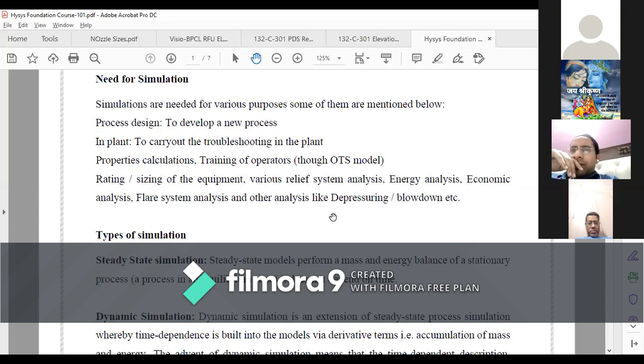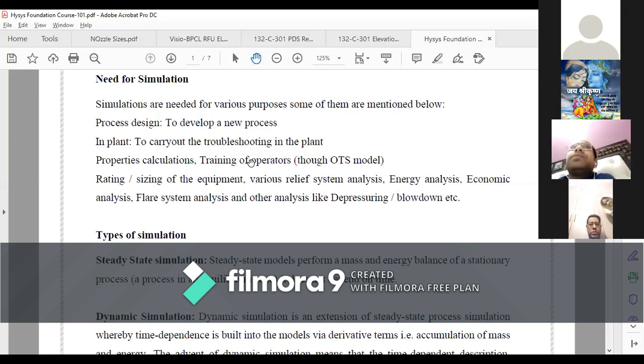Sometimes we are supposed to calculate the bubble point at a particular condition for a particular stream. Sometimes we calculate the dew point, and sometimes any other properties. So for that purpose also we are using these HYSYS tools to estimate the properties at those particular conditions.